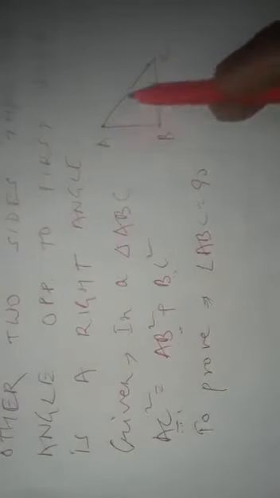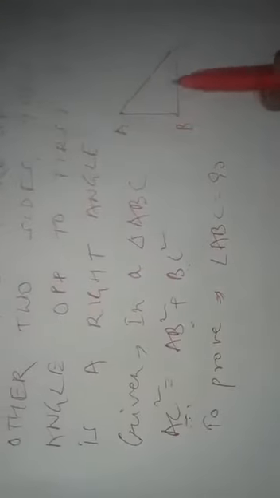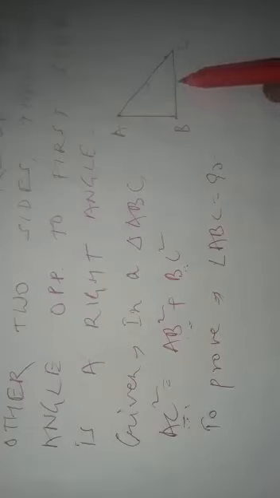So angle ABC is equal to 90 degrees. That we have to prove. It is the converse of Pythagoras theorem. Because in Pythagoras theorem, what we have proved is that it was a right angle triangle, and in a right angle triangle, the square of the hypotenuse is equal to the sum of the squares of the remaining two sides. Here, in the converse of Pythagoras theorem, if the square of one side is equal to the sum of the squares of the remaining two sides, then we have to prove that the angle opposite to it is a right angle. It means that this triangle is a right angle triangle. That we have to prove.